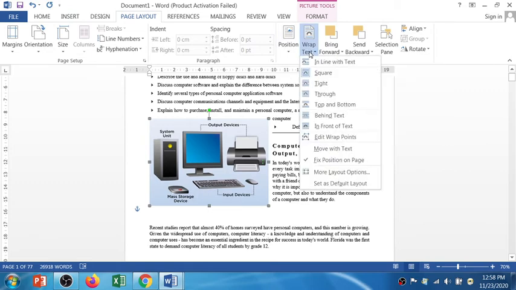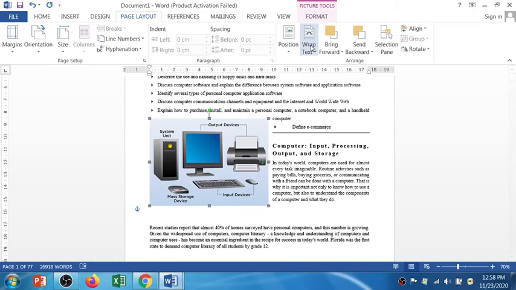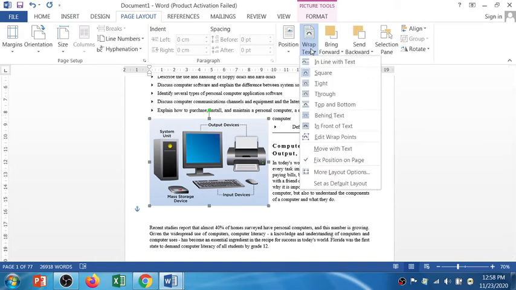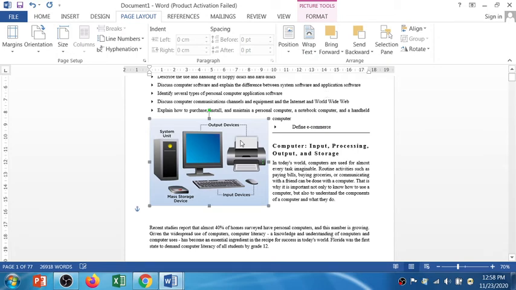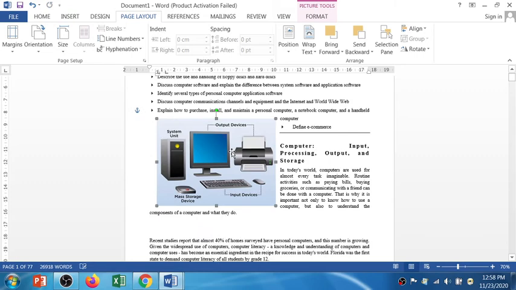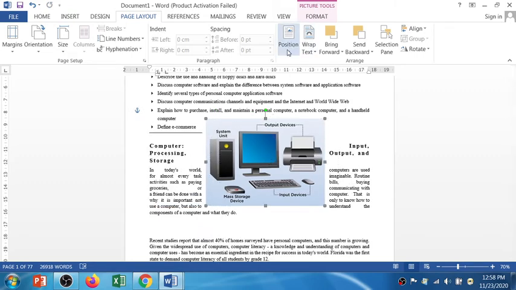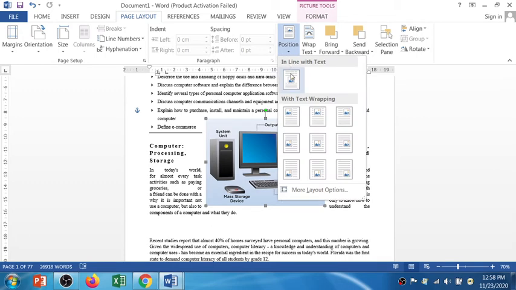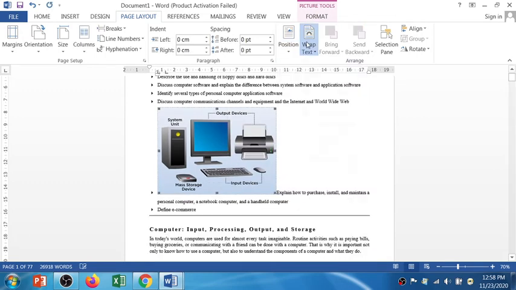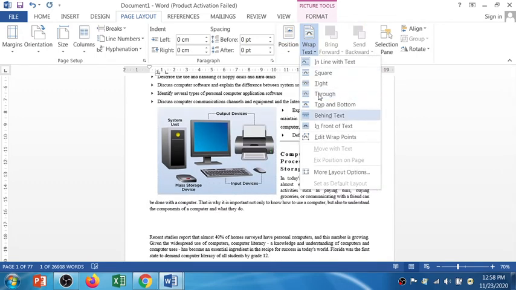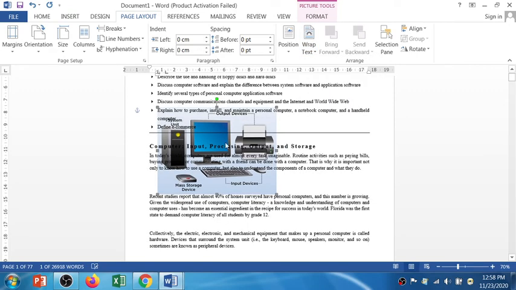Wrapping the text, I mean you can wrap the text very tightly or in square, or let's say through, right? So through is like, if you move the image, let's say behind, right?